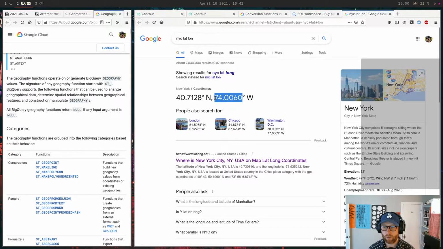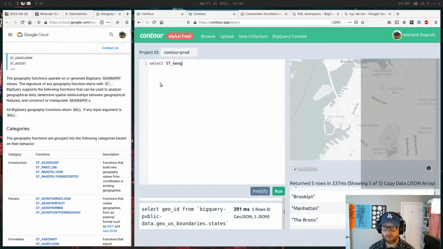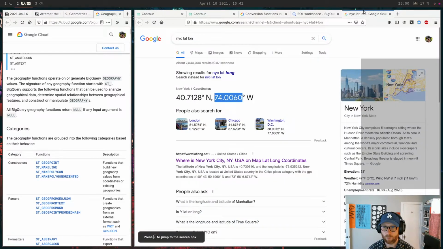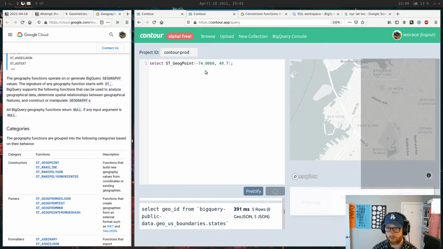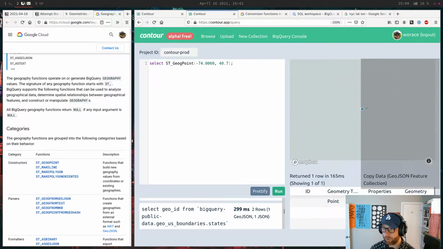So that's negative 74, 40.7, negative 74 even, point. So they have all these functions for building geometries and stuff like that. Let's see what this gives us. Yeah, okay. Looks right, in the river.